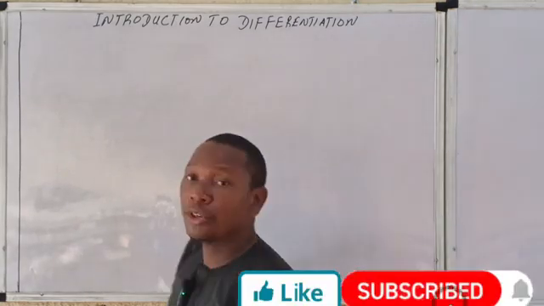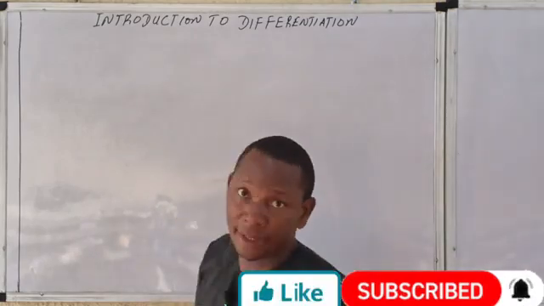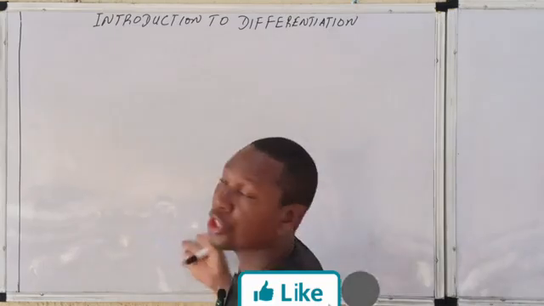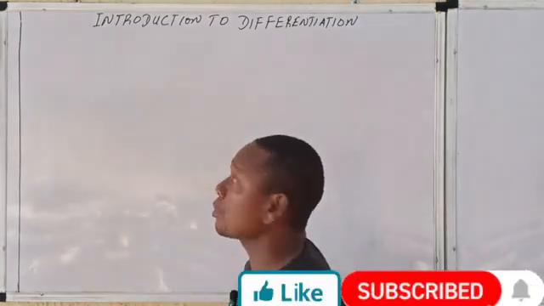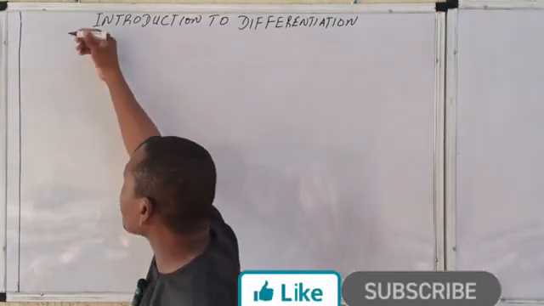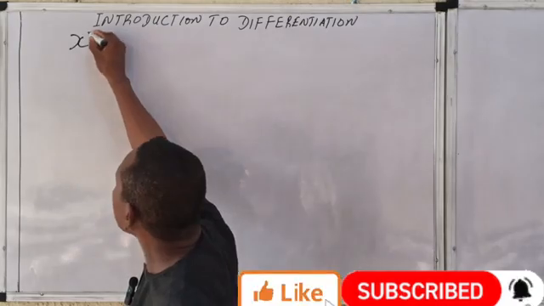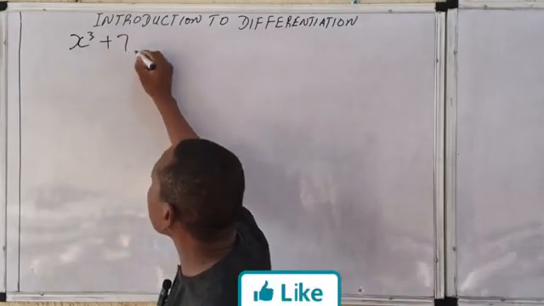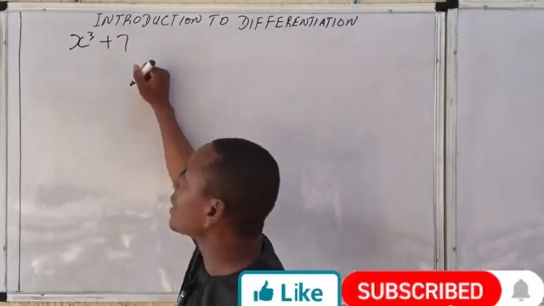Now, the concept of differentiation is not different from your normal gradients, where you look for the change in y all over the change in what? X. So, for example, if I ask you to differentiate something like this, 3x³ plus 7. Now, note that in differentiation,